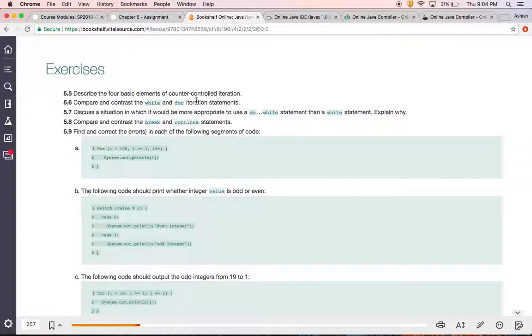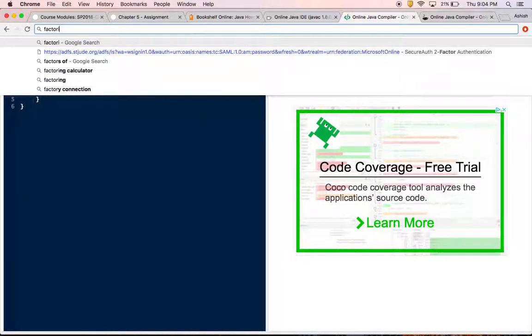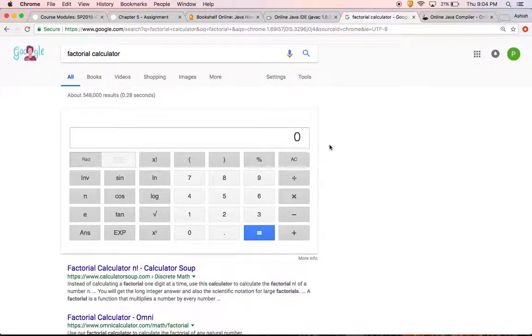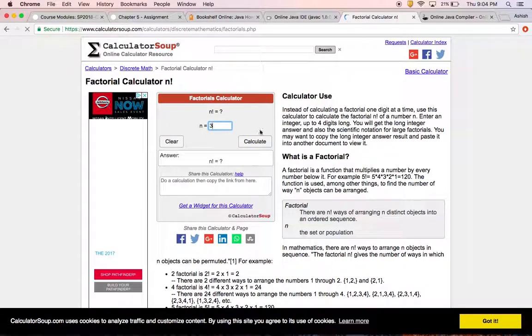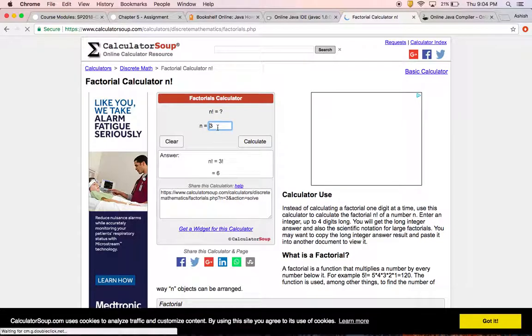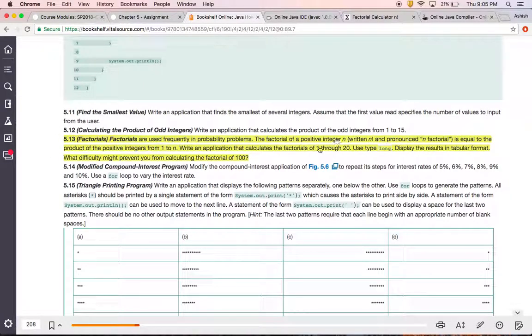So, some of the things you have probably learned as we talked in this video. The 5.13 is a factorial. If you just Google for it, you will see factorial, or you can say factorial calculator as well. It's pretty simple: factorial of 2 is 2 times 1. You just go backwards. Factorial of 3 is 3 times 2, which is 6. You just go backwards from the number. So 5 times 4 times 3 times 2 times 1, that's the 5 factorial. So you have to write code which will take a positive integer,